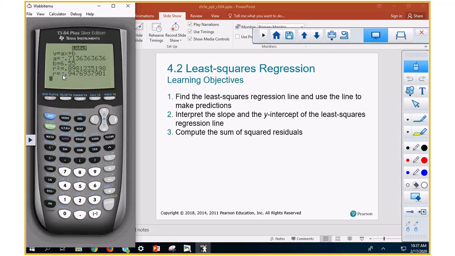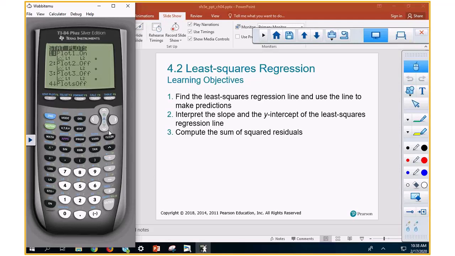R is negative 0.95. That is your R, that is your correlation coefficient. Now, you go to second, y is equal. You turn on the stat plot. It's already on because we already did it. And you hit graph. Mine ain't going. Okay, make sure it's on. It's got to be on first. It is on. Well, what's it saying? It won't go to second. When you say hit second, I hit second and nothing shows up. And y is equal.